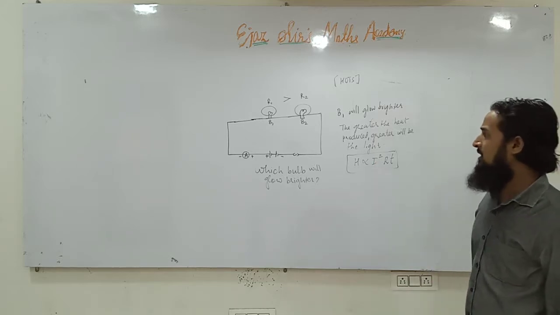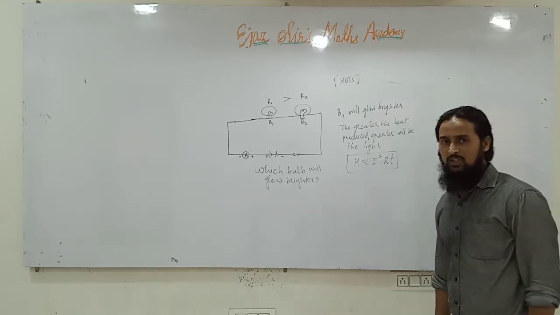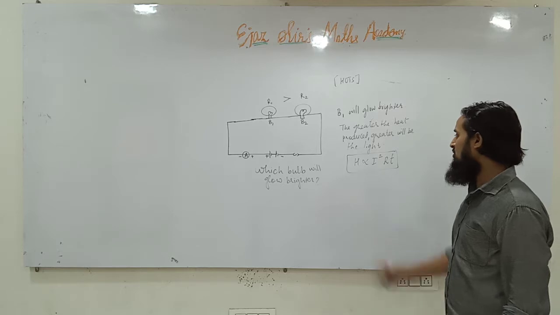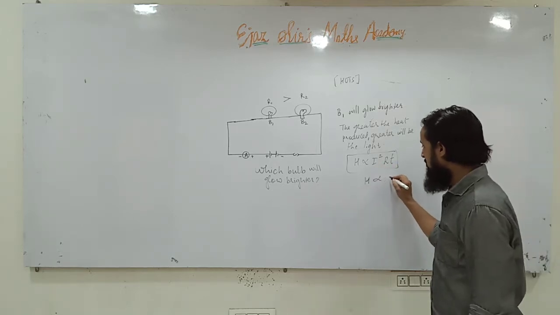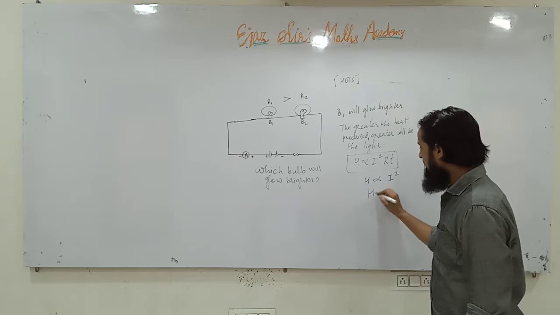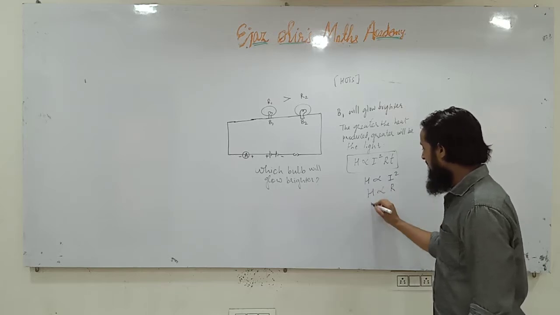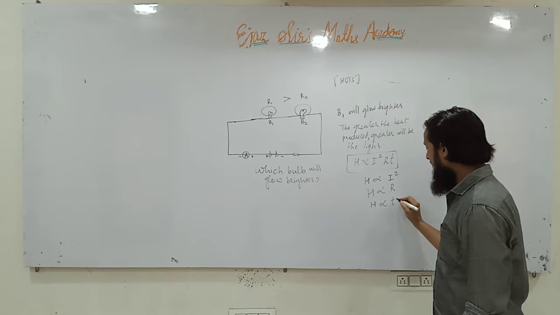The heat produced in a conductor is directly proportional to the square of the current, the resistance of the conductor, and time. Heat is directly proportional to the square of the current. Heat is directly proportional to the resistance of the conductor. Heat is directly proportional to time. See,